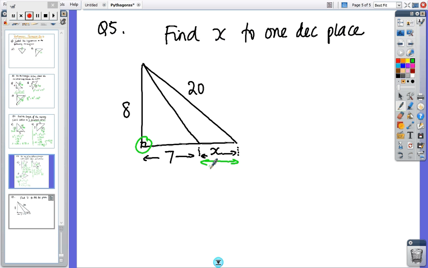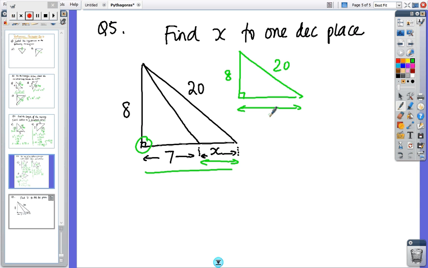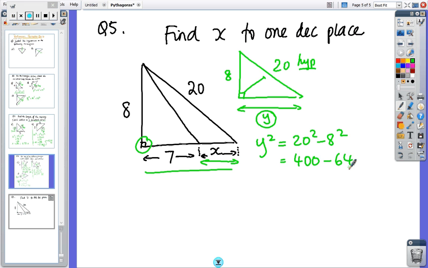Okay, so what we've got is, just look at the big triangle. Look at the big shapes. You've got a 20, a right angle, an 8. For the time being, this side is going to be 7 plus x, but let's just call it another letter for the time being. Let's just call it y. So opposite the right angle is the hypotenuse. So this is going to be a shorter side, so we're going to subtract. So y squared will be 20 squared minus 8 squared. Now 20 squared on your calculator is 400, minus 64 equals